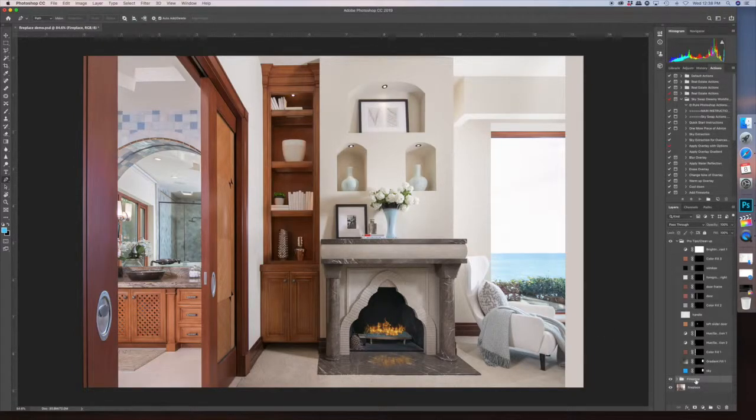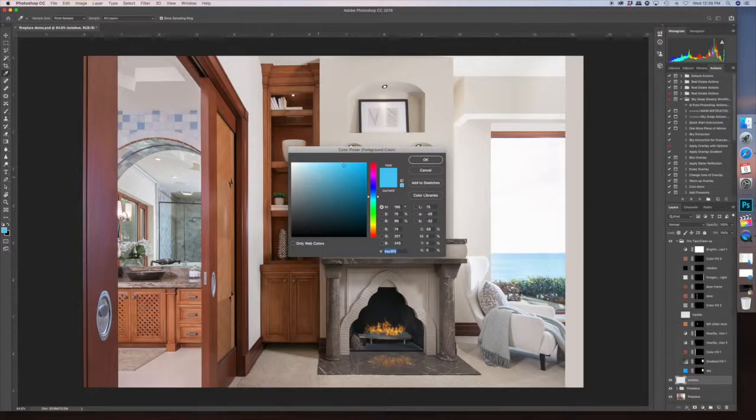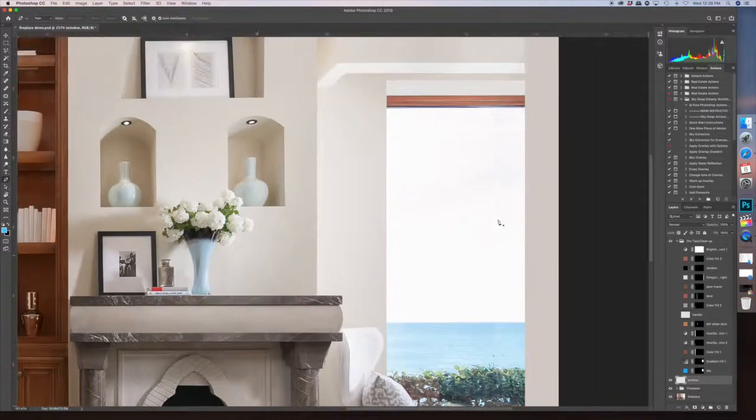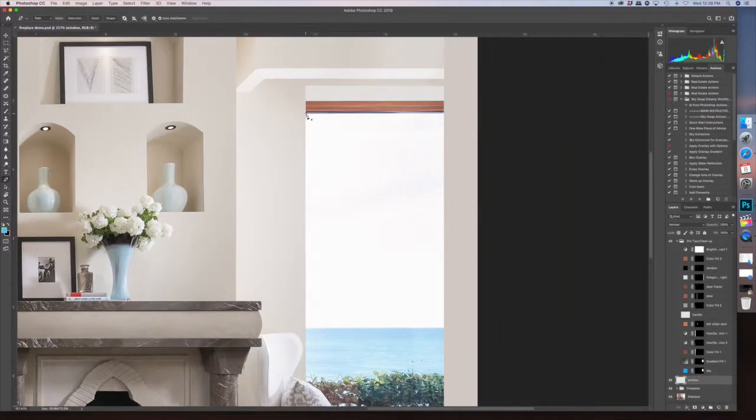So with fireplace over here selected on the right-hand side, I just want to create a new layer. And I'm going to name this window, because that's going to be our first. Wow. Window. And we want to create, over here on this color palette, we want to find the sky blue color that we're going to use. Actually just matched it off of the color over here in the water. So it came up with this, and I wanted it to be similar. So click OK, and then grab your pen tool, and we want to outline